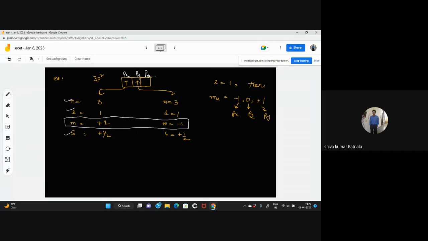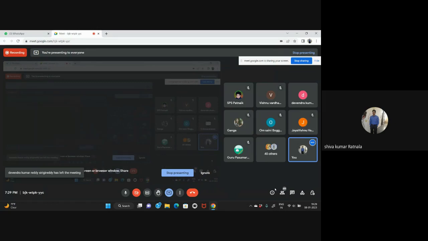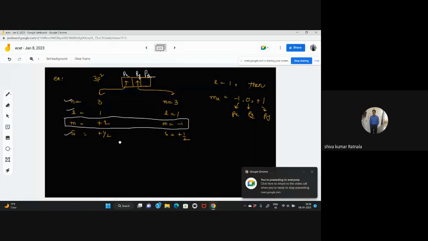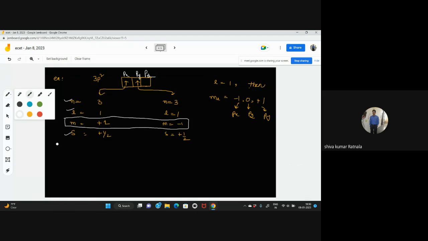Now how to write electronic configuration? Okay, electronic configuration we are going to discuss now. So examples how to write electronic configuration for the various methods. So while writing electronic configuration, okay, we are going to follow NLX method. Okay, which one we are going to follow? We will follow NLX method. Here where N indicates